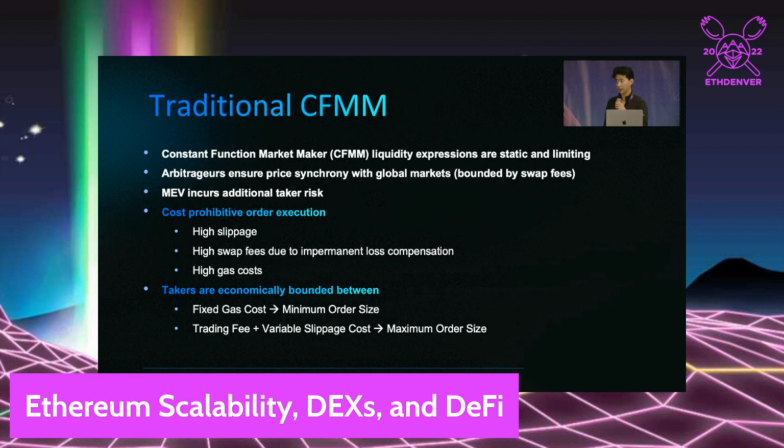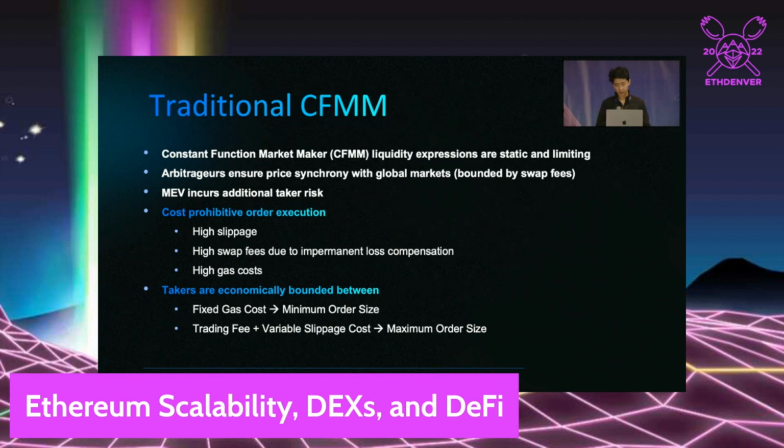So let's go through the most classic or the most well-known DEX mechanism on Ethereum, which is constant function market maker. The really cool thing about CFMM is that it's a very succinct and simple representation of this entire broad pricing and liquidity, with just three parameters, which is X, Y, and K. It allows for an extremely gas efficient and computation efficient representation of liquidity on Ethereum, compared to a central limit order book, which probably has megabytes of order book data for every single tick.